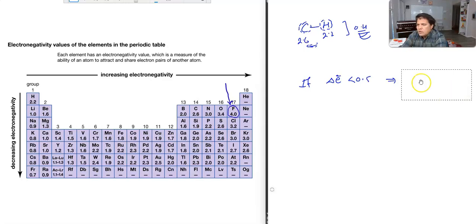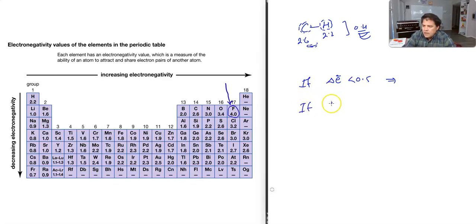Okay, they are non-polar covalent bonds. So now, if the electronegativity difference is greater than 0.5, so let me write that. If the electronegativity difference is greater than 0.5 and less than 1.9, then this is a polar covalent